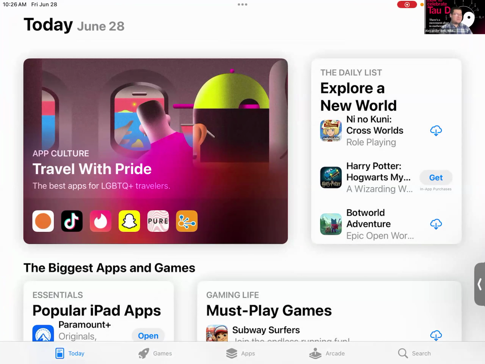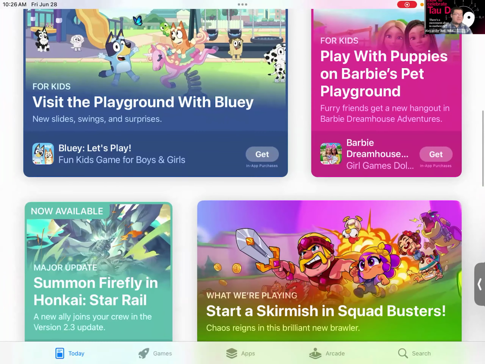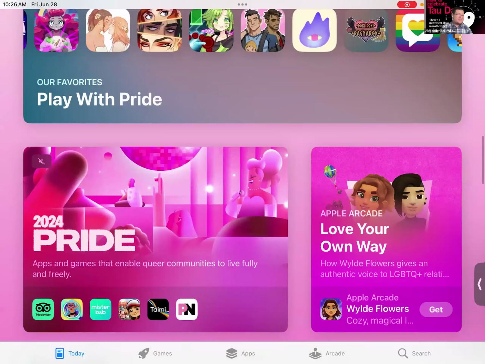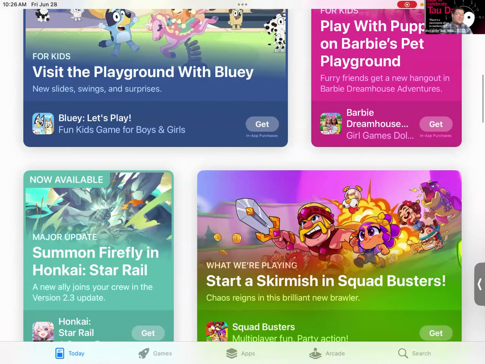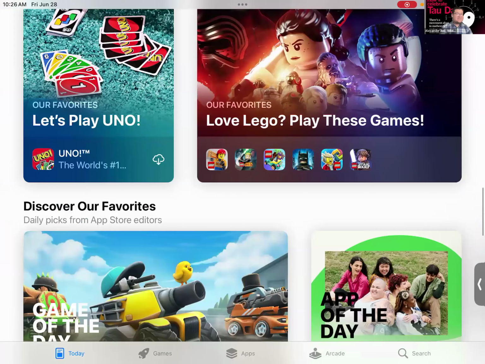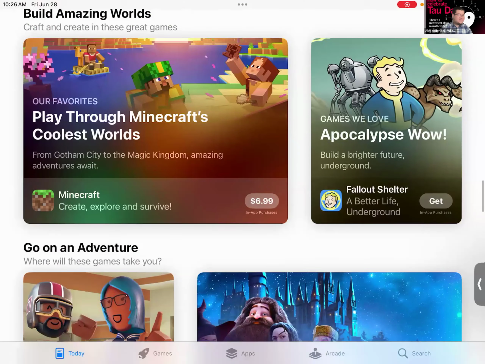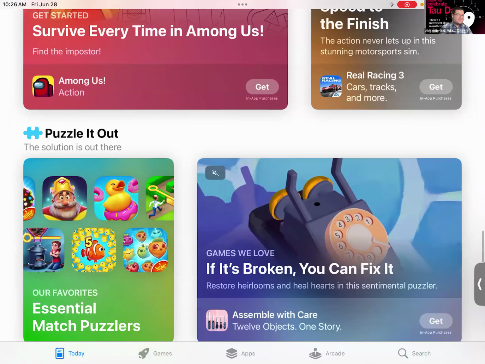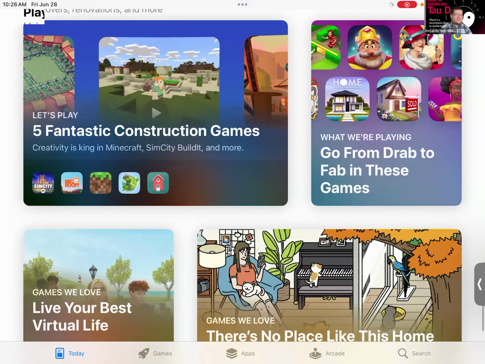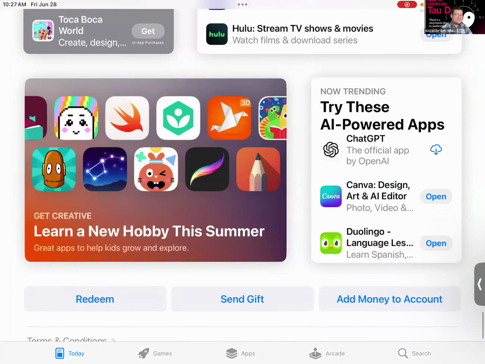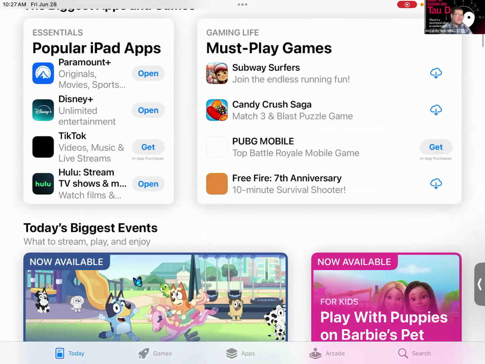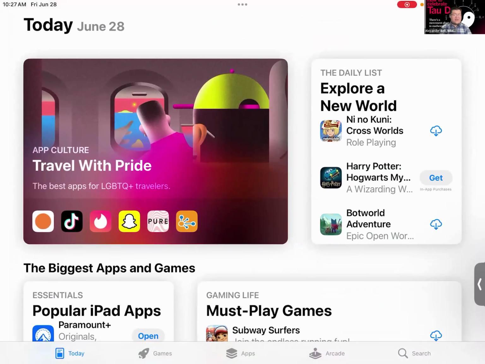So when you get into the App Store, you have your home page right here. They just recommend many different apps. If it says get, then it's free. If it says a price, then it has that price. So like get, this game is $7, but get. So you can choose. There are many, many different kinds of apps. You see, I can just go up and see just these recommended apps. And here at the bottom, this is the toolbar that you can use in the App Store to navigate it. And of course, look at the different apps available.